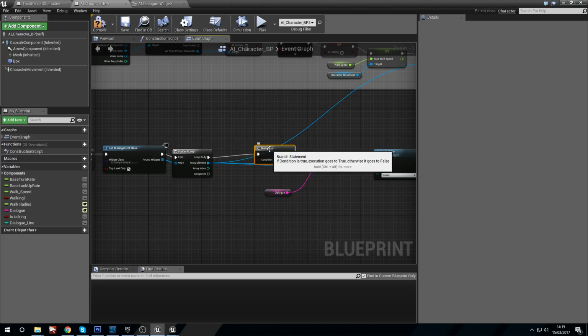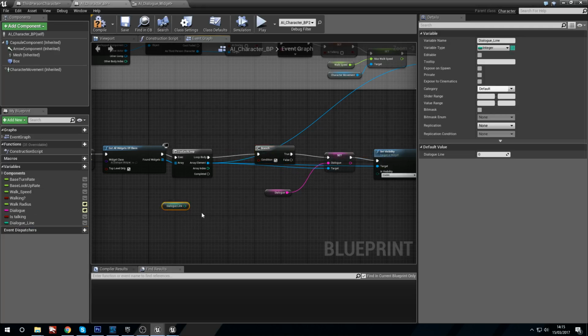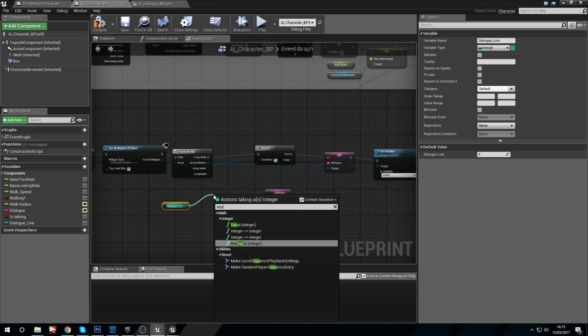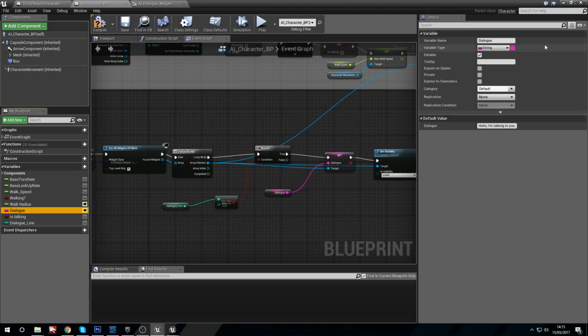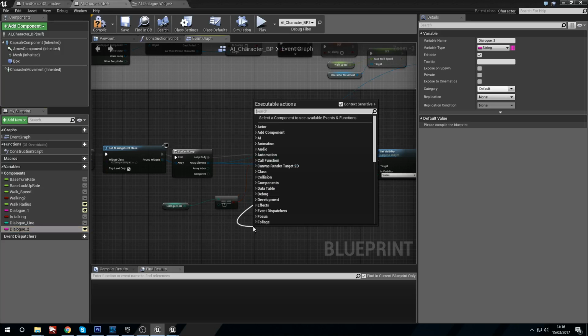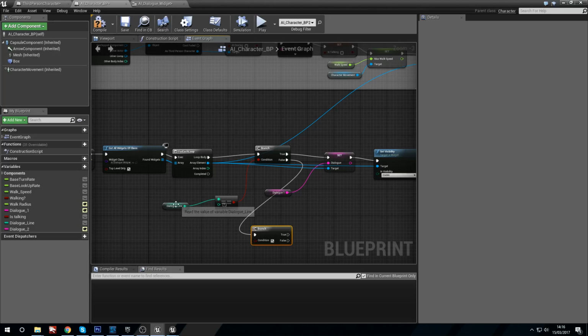What we're going to say is dialog line get equal integer. If it's equal to 1, then we'll do line dialog 1. We'll change this to dialog underscore 1, and then we'll duplicate this, and we'll call this dialog underscore 2. We'll say false, and then branch if dialog line